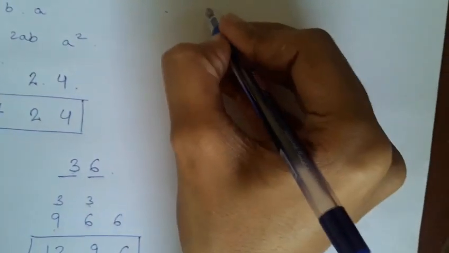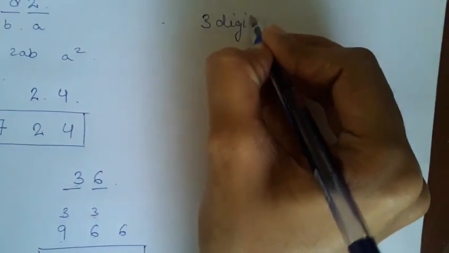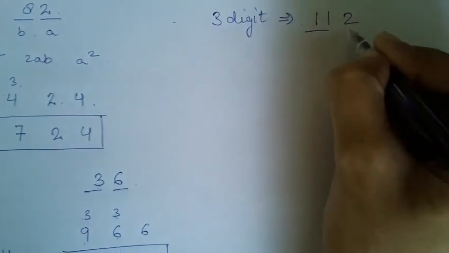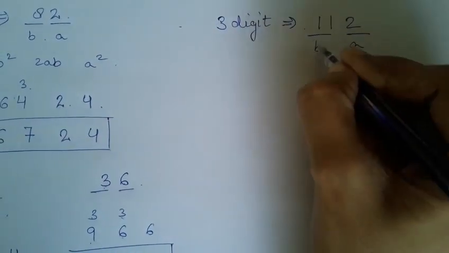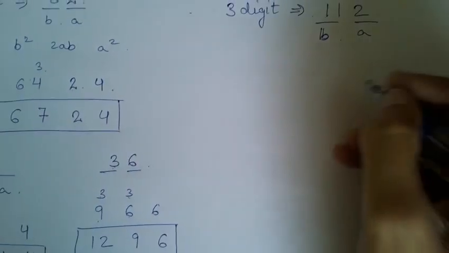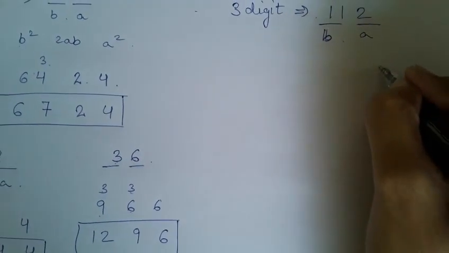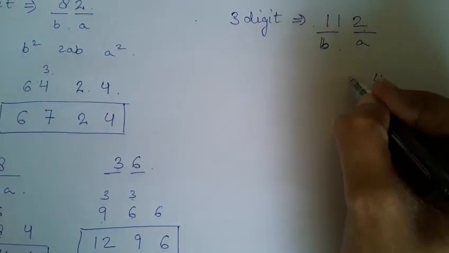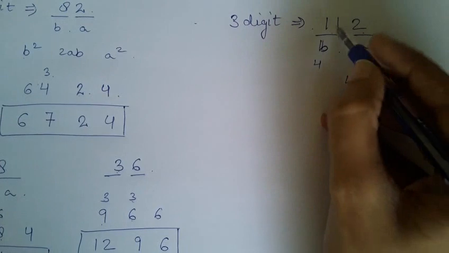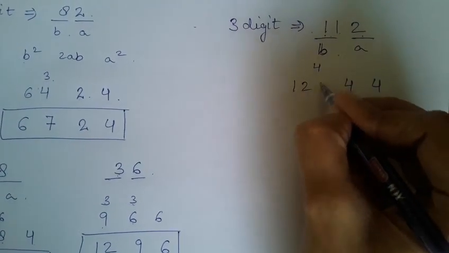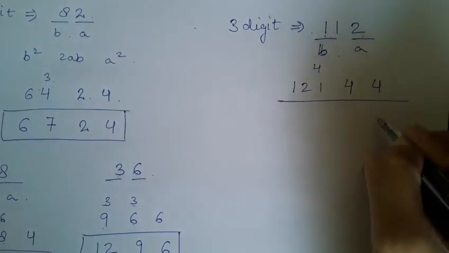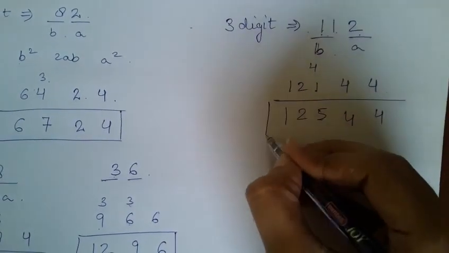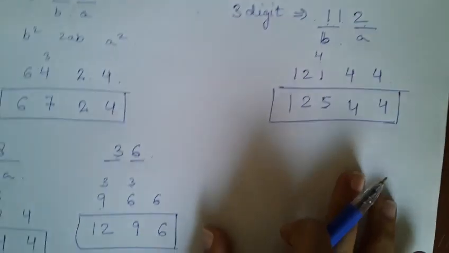Similarly, we can calculate the square of 3-digit numbers, and the first example that we are going to take is 112. We'll break it into two parts, a and b, and then apply the same procedure. The square of 2 is 4, and then 11 into 2 is 22, then into 2 is 44, we'll write 4, 4 will be carried, and the square of 11 is 121, we'll write down 121 and add 4, then 4, 4 plus 1 is 5, 2 and 1. 12544 is the square of 112.